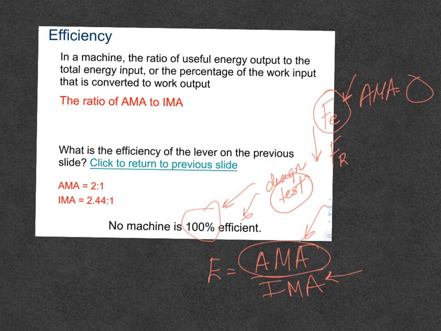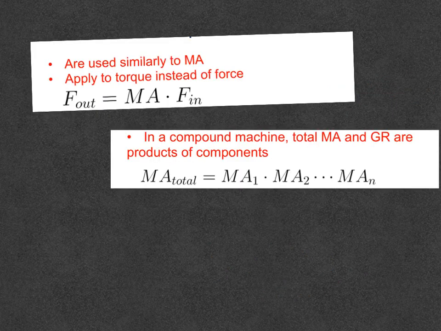Why are we introducing efficiency? Because after this class, you're going to be designing a compound machine, and I want a specific efficiency for that machine, and you have to work with those equations. This equation is not new for you because it's in general. So the actual mechanical advantage is going to be equal to, let me see,